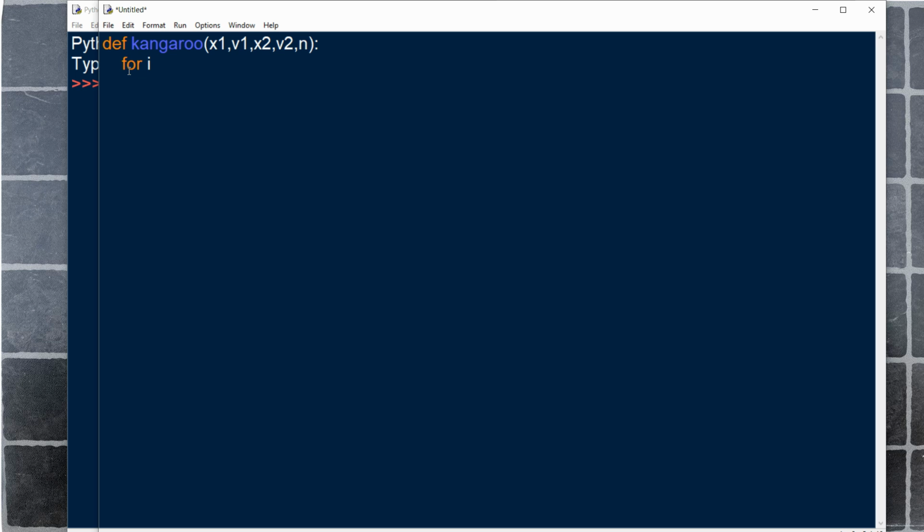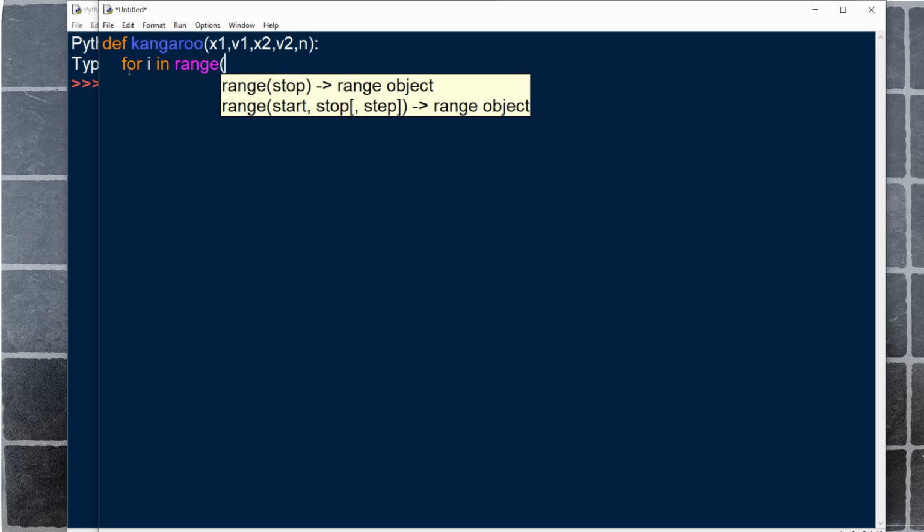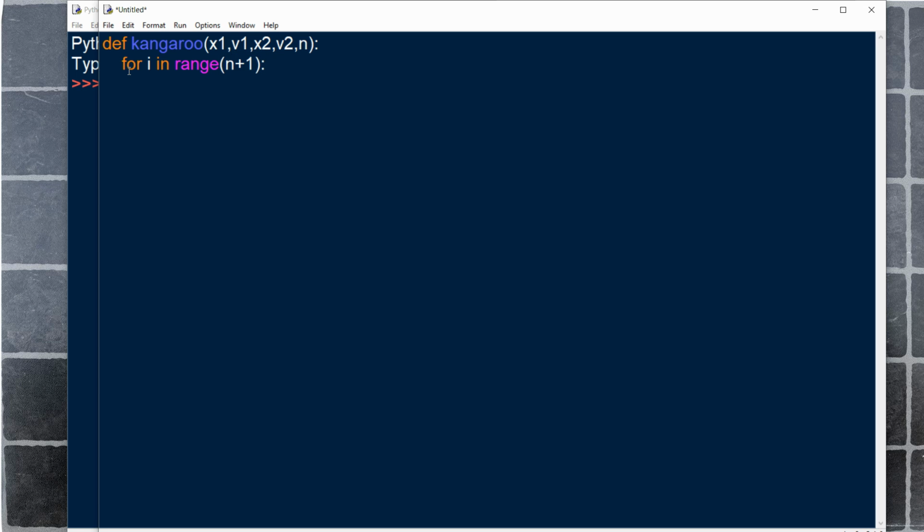So we need to give a for loop up to the range of n, because we need to calculate for every jump, so the loop is a better choice. And inside the loop we need a condition to check whether the positions of both are equal or not.